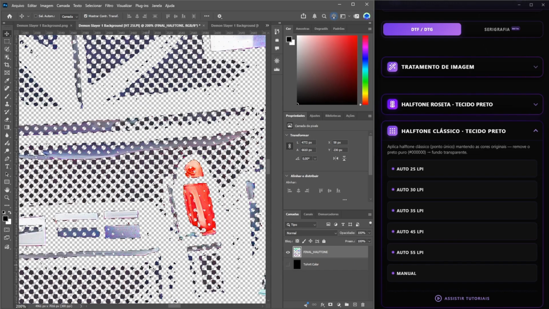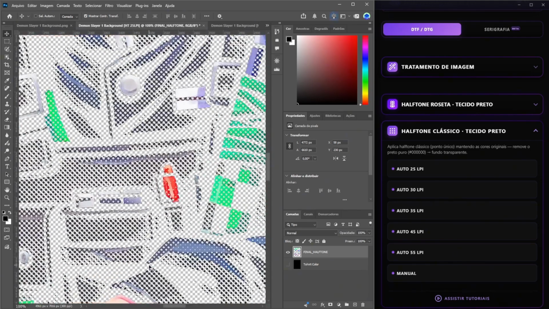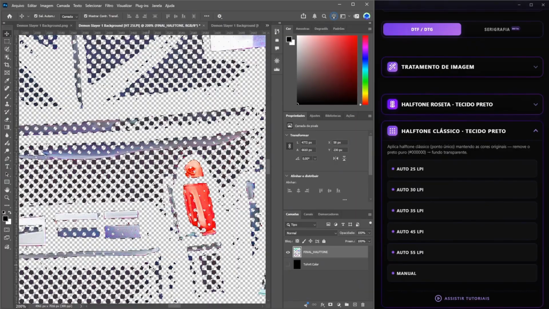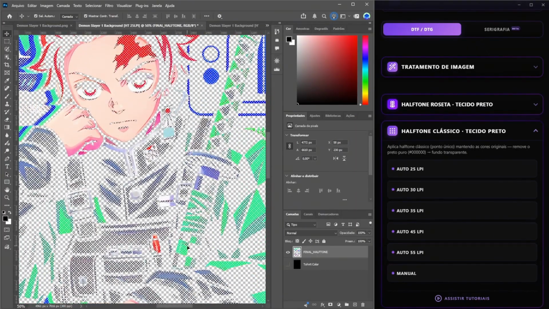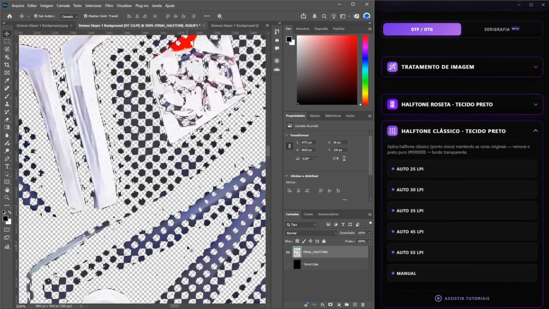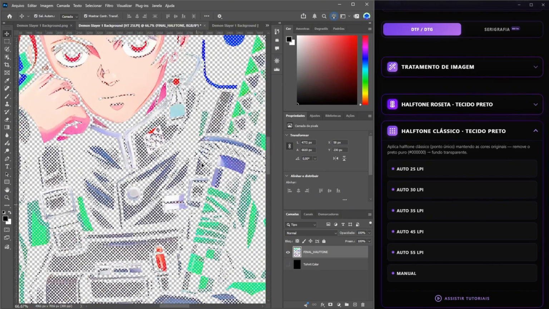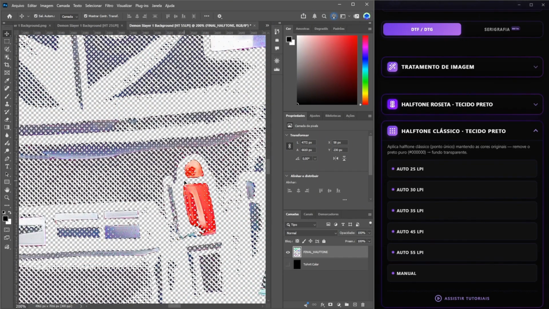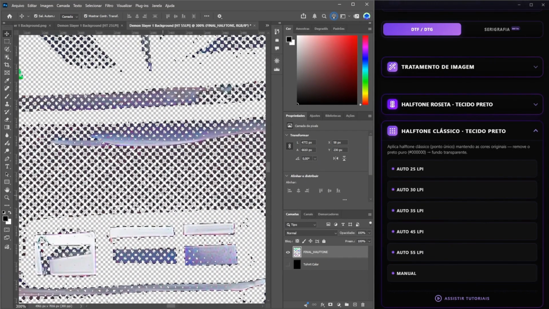Like I mentioned in the Halftone Rosetta, this LPI thing is really interesting when it comes to deciding which one to use, because of your printing setup, because of the printing method you use. If you take DTF, for example, it's easier for it to reproduce a low LPI because the halftone dots are bigger, so you lose very little detail from the design. On the other hand, if you use a very high LPI, which is the LPI we recommend you only use with DTG,